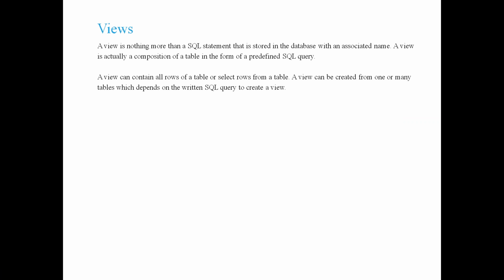So a view can contain all, I'll just read out the definition. A view can contain all the rows of a table or select rows from a table. So we have seen it. You can still do that. Whatever query you write, you can pass that query to the view. That's it. A view can be created from one or many tables, which depends on the written SQL query to create a view. And one more thing,